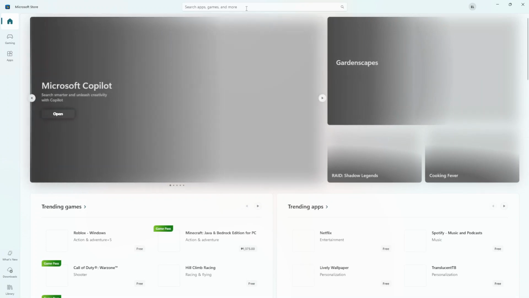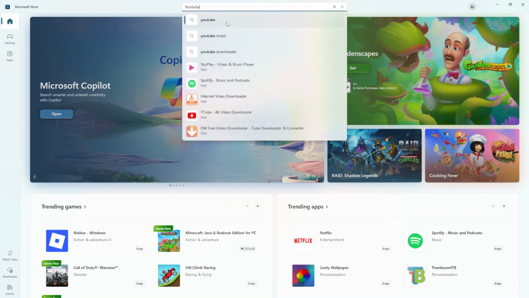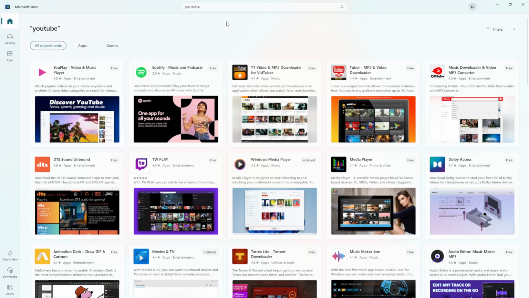Now, it's worth noting that while you're searching, you might come across various options. You should specifically look for YouTube by Google LLC. If for some reason you can't find it, don't worry. You might come across YouTube TV, or you can opt for a trusted progressive web app, which I'll explain in a moment. Once you've identified the correct application, you'll see a button labeled Get or Install.